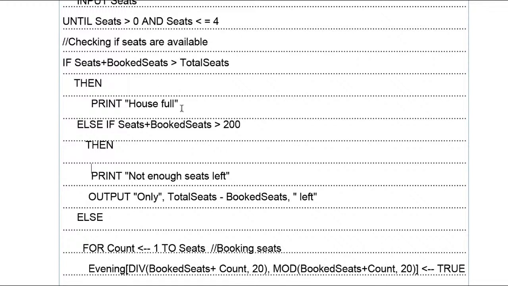First of all, we are going to check for houseful. If the seats you're trying to book and booked seats are greater than total seats, then you are going to print houseful, and if they are not greater than